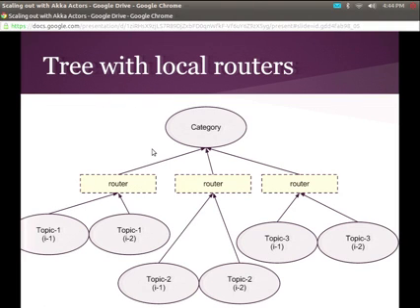Essentially, it looks like this. Let's say I create a round robin router with size of 2 for my topics. When a category constructs a new topic with a round robin router, what he gets is a reference to this little piece of code that is a router. It actually is an actor, but it's a router. And then I have topics underneath. So when the category sends messages down, it hits the router, and the router determines which topics to send messages to. Okay?